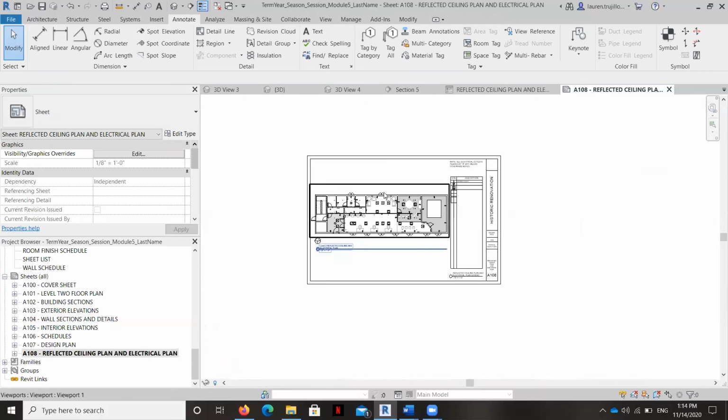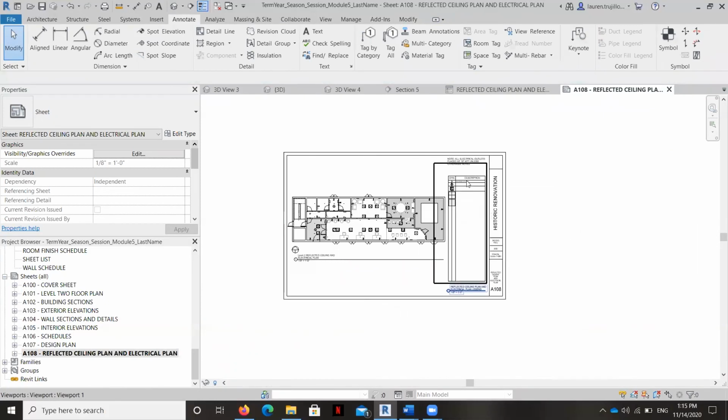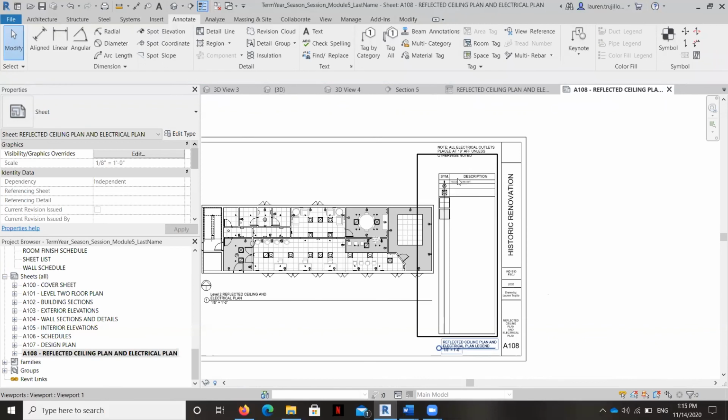Okay. So that is how you create a legend. You bring in legend components. You create the legend itself just with detail lines and text boxes. And again, you have to make sure that on the outset you have an understanding of the shape that the legend needs to take. Otherwise, it may not fit. If you create a legend sort of without thinking about the sheet, then the legend could be all the way over here, and they take so long to make that you want to think about that right away.